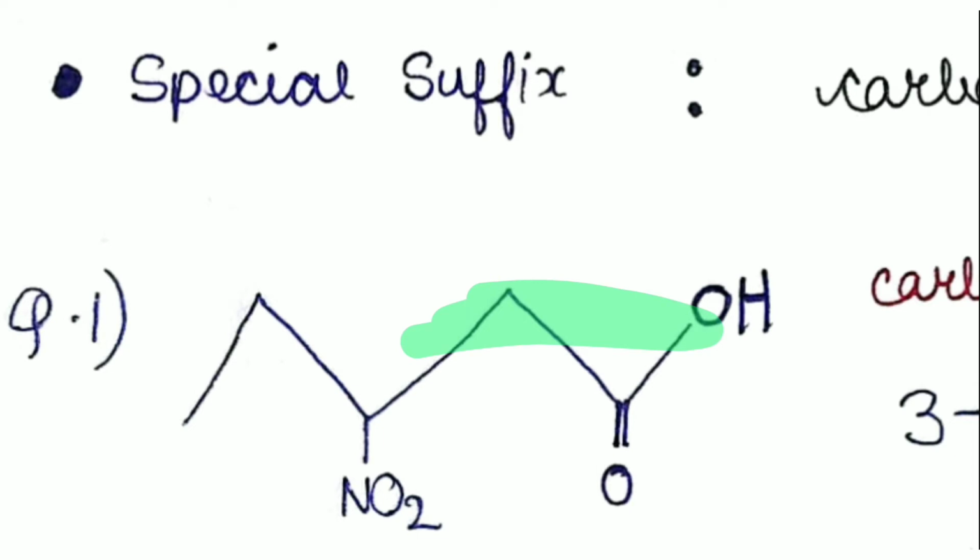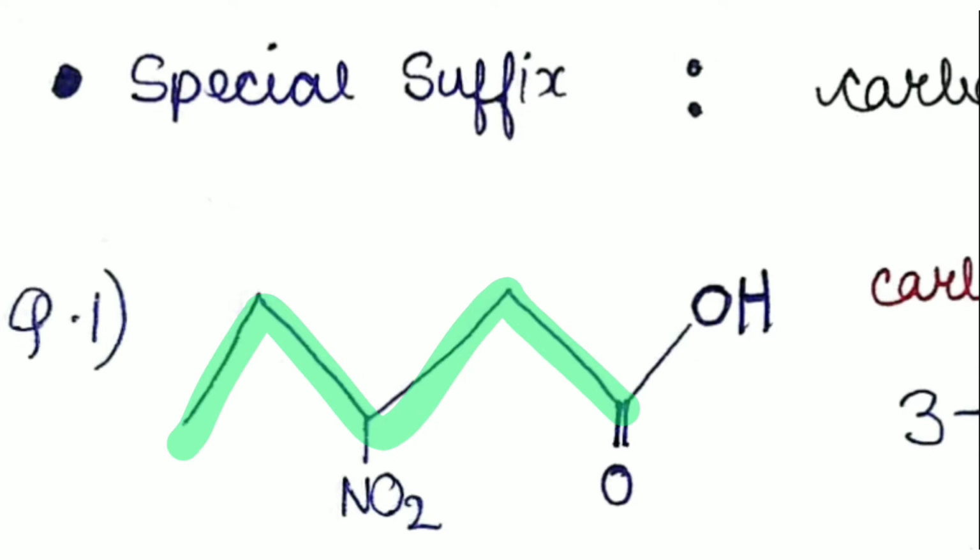What we can see, guys, is that there is a 1, 2, 3, 4, 5 carbon principal carbon chain. Also note that the carbon of the functional group has been included in the principal carbon chain as we have learnt in the rules of naming in the previous lectures. So this is our 5 carbon principal carbon chain. Also there's a nitro group attached and our carboxylic acid is our functional group. We're going to start our numbering from the carbon of the carboxylic acid. This gets number 1 locant, so the nitro group gets number 3 locant. So therefore the name of this compound, guys, will come out to be